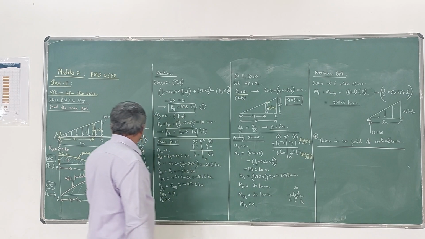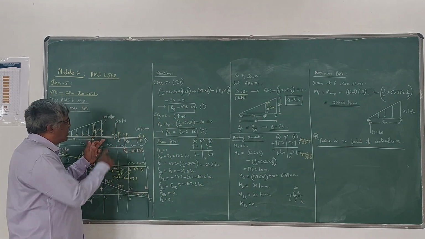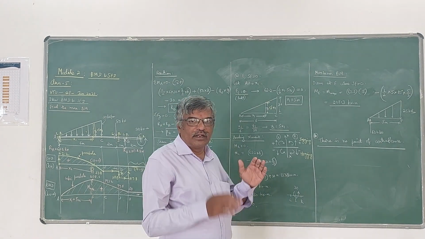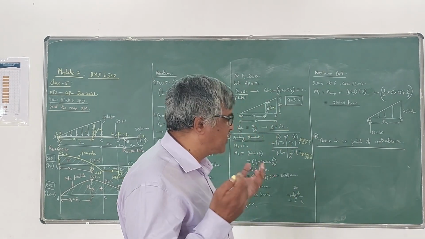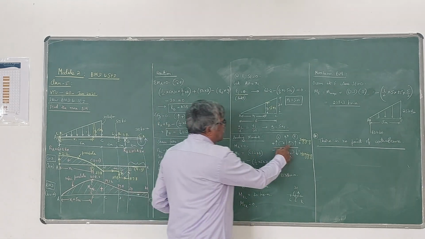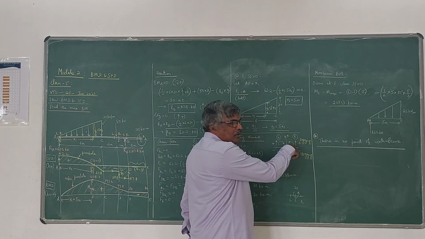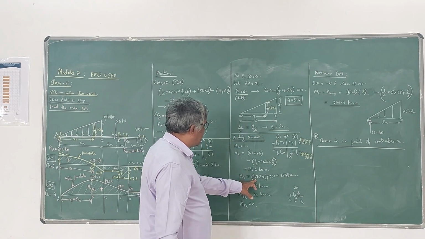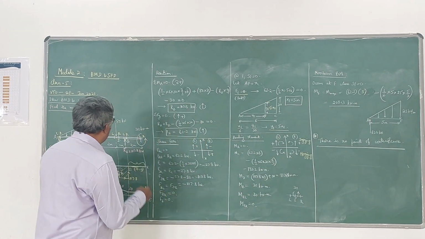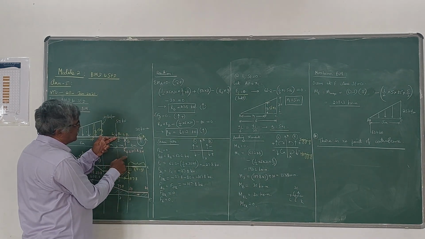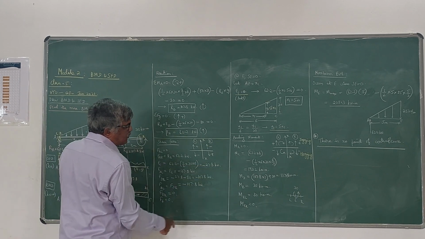Then bending moment at D. Bending moment at D you can find out by seeing the right side. Once you move away from the left side to the right side, the number of forces will be reduced if you take the right side. Now on the right side also, the same sign convention: upward force gives positive moment, downward force gives negative moment. So MD is nothing but 107.8 into 1 meter. That is upward, therefore the bending moment is positive.